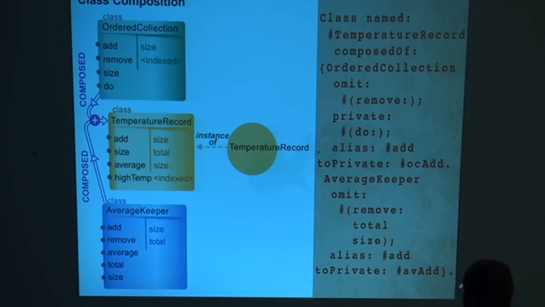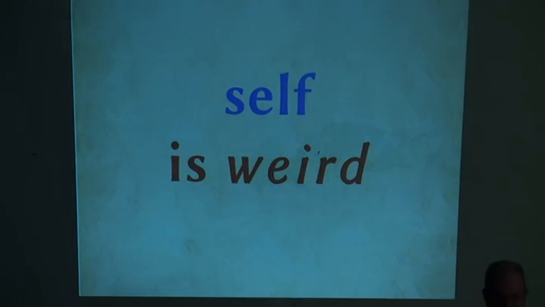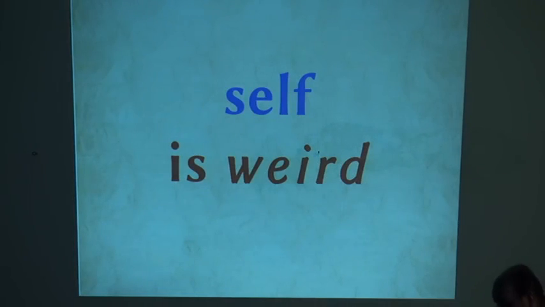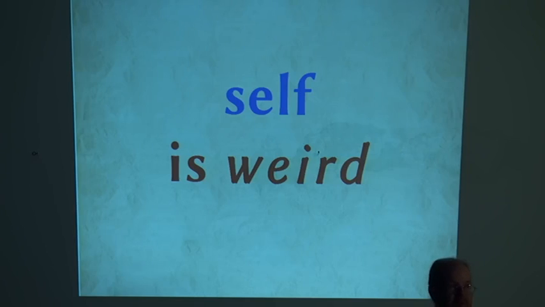And then there's the self-send rule, and I would like to point out that self is weird. Because there are no subclasses and no superclasses, there is no super keyword in MIST. I had to actually redo the logo because it had a super keyword in it last year when I showed it to you. And there isn't that anymore. So I've eliminated one weird rule, but I had to replace it with an almost identical weird rule, or at least similar in spirit,